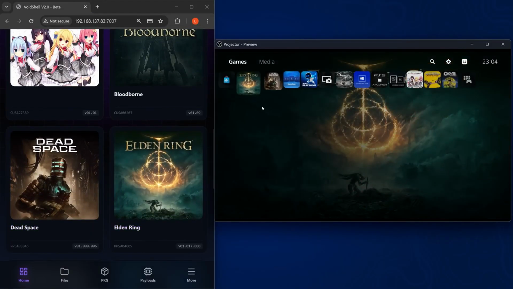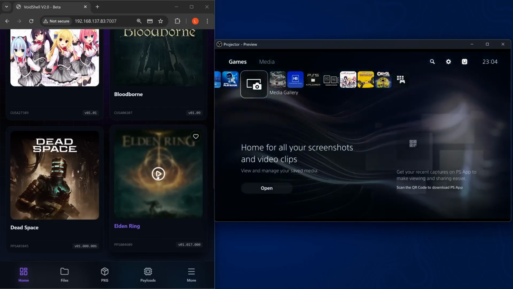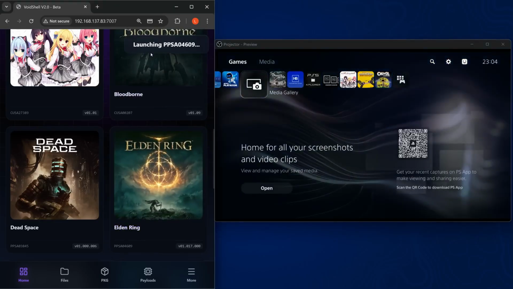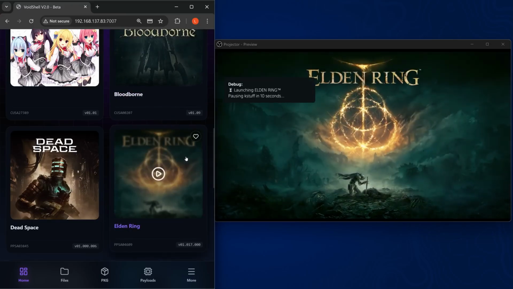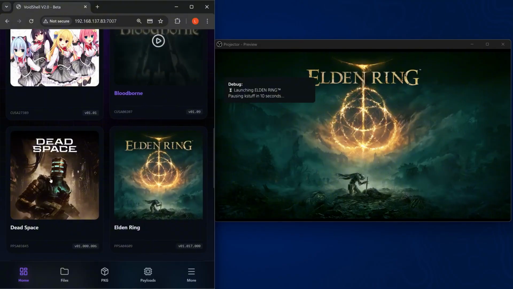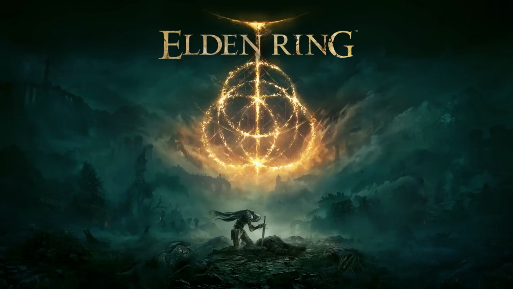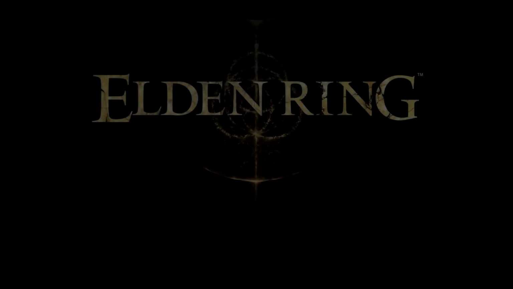So for instance, we've got Elden Ring here. I can just go ahead and click play Elden Ring, and it says it's launching it on the PS5. Takes a few seconds, but then it will launch the game. And you can see it also says when it's launching the game that it is disabling Kstuff within 10 seconds. So when the game loads, Kstuff will be disabled to give you better performance in your games. So game mode is now active, kernel protection is paused, which means Kstuff is disabled, and it has successfully launched